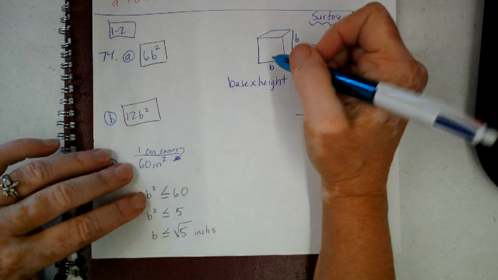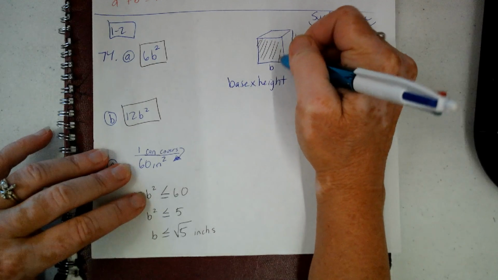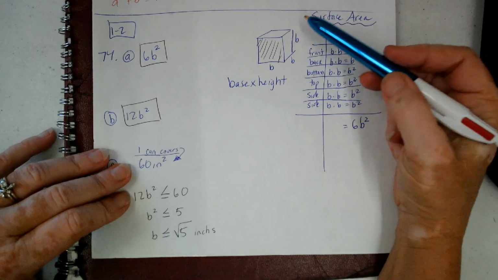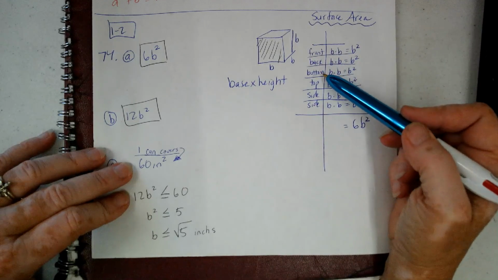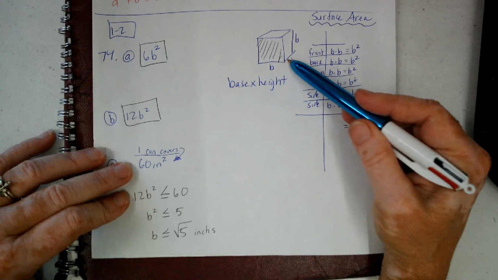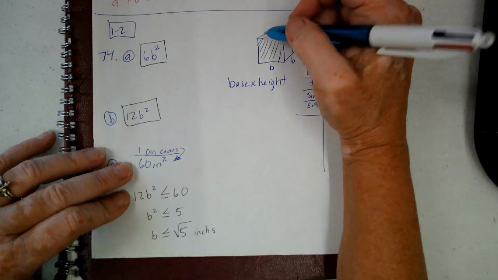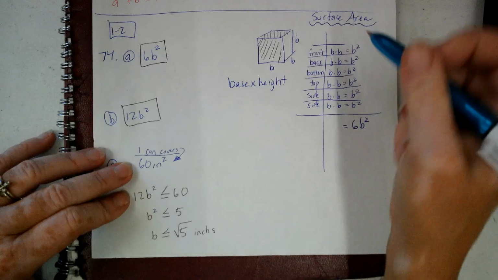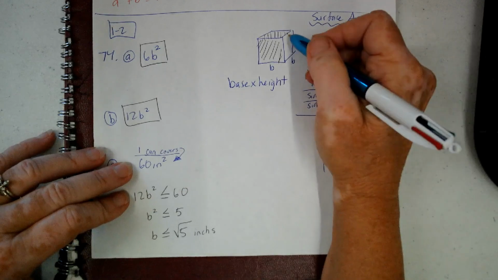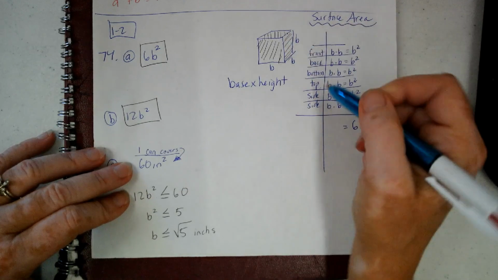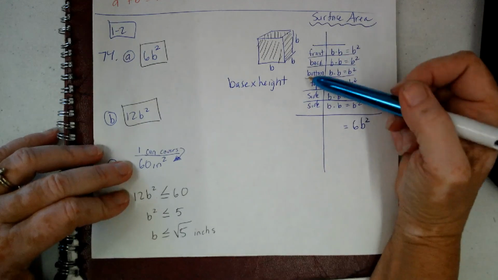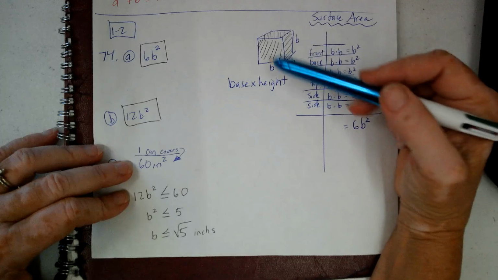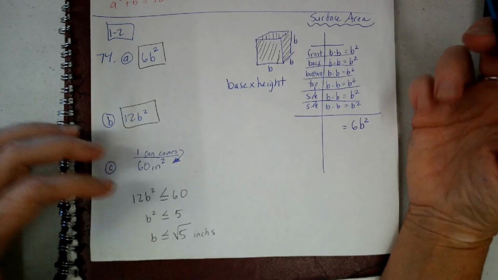So I need to have enough paint to cover the front, and then there's another panel back there that you can't see. I need paint for the back. I need paint for the bottom. You can't see it, but it's down there. I need paint for the top. I need paint for the side. I need some paint for the other side that you can't see back there. So if I just add up how much paint it is for all 6 faces,